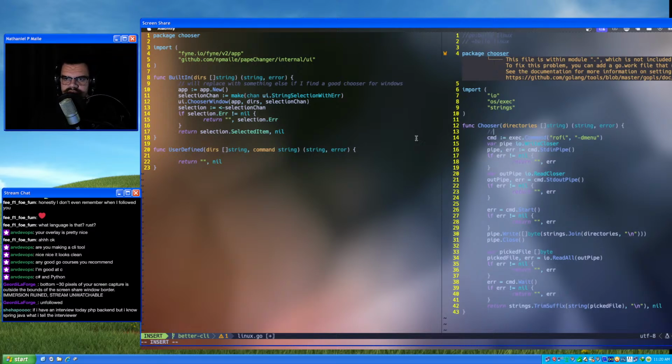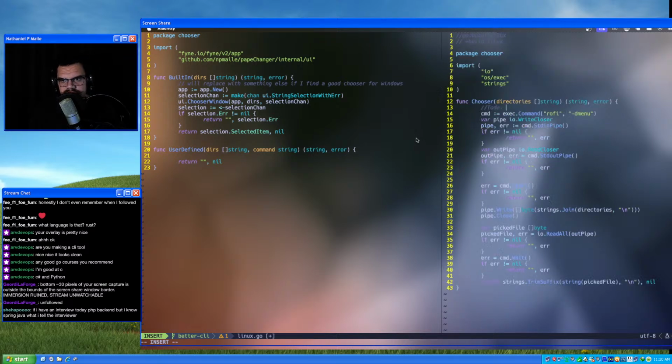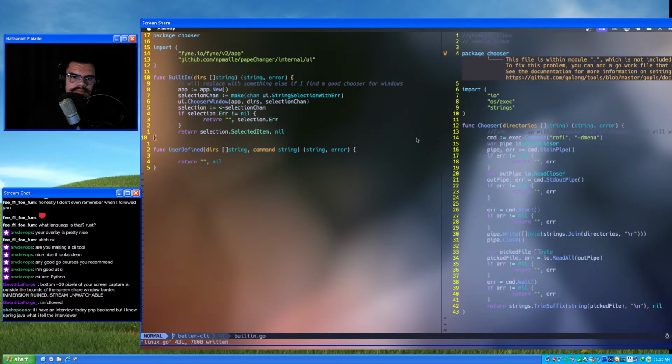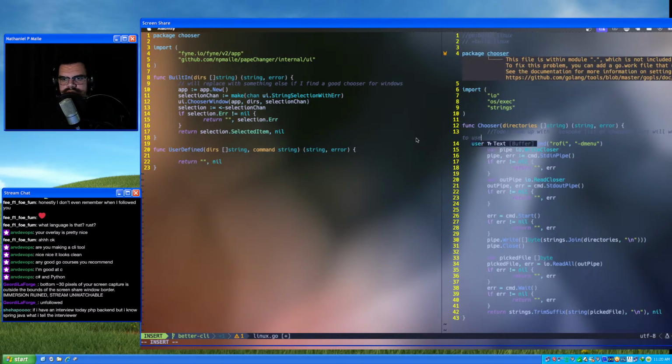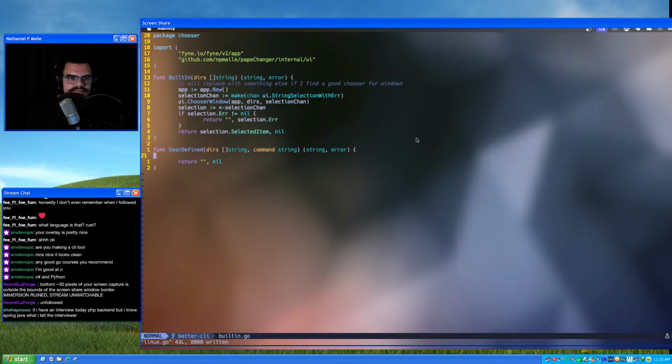So I'm just going to do that as a to-do. Come up with a bespoke list of choosers that will work okay for the user to use. And then we're just not going to worry about it.